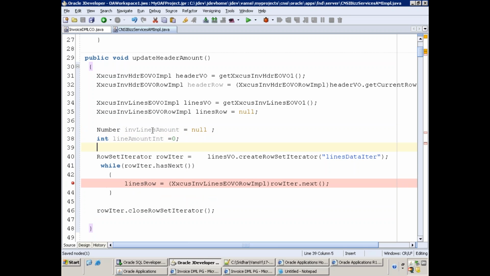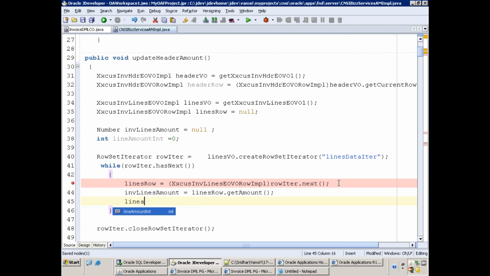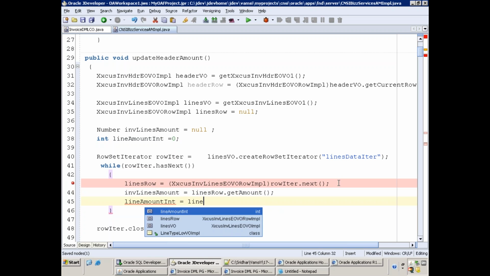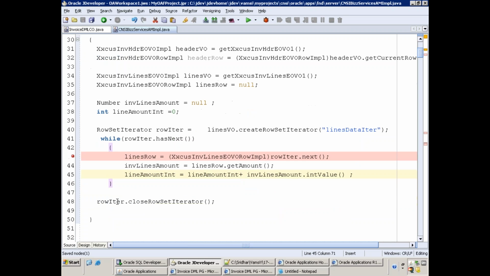Okay. Now, so invoice lines amount, get lines row dot get amount. Okay. Now what we do is line amount is equal to line amount plus, maybe let me try. Yeah. Okay. And now the other thing is here in the header row level,